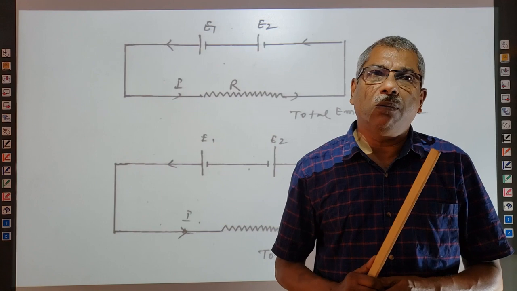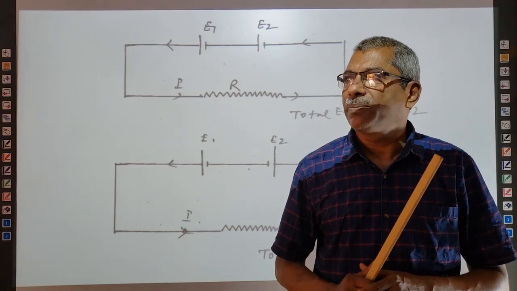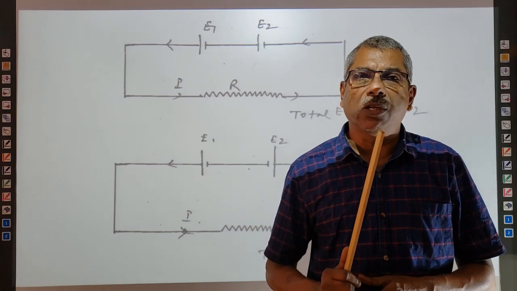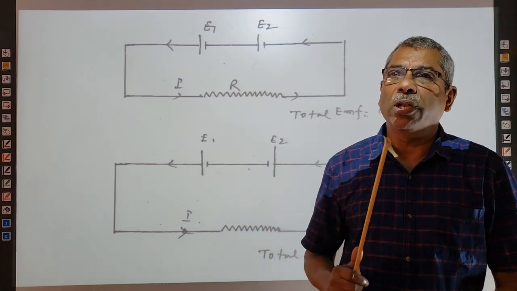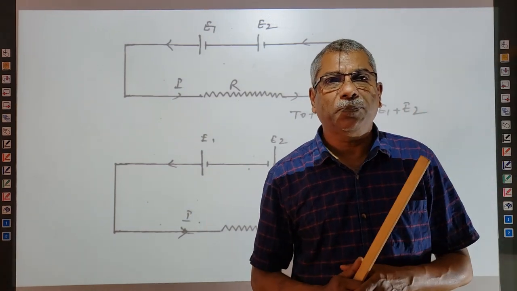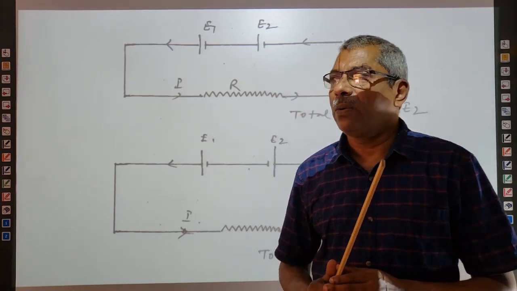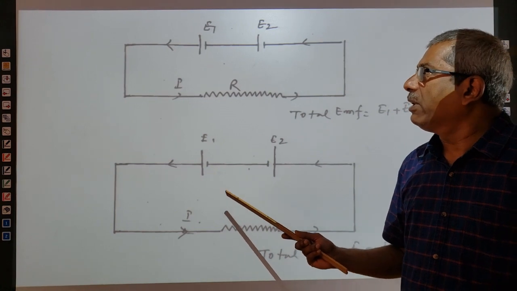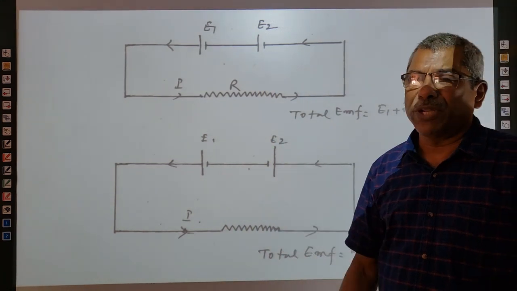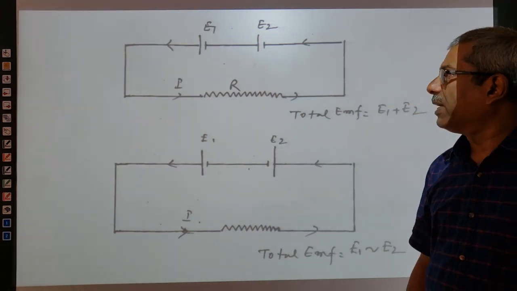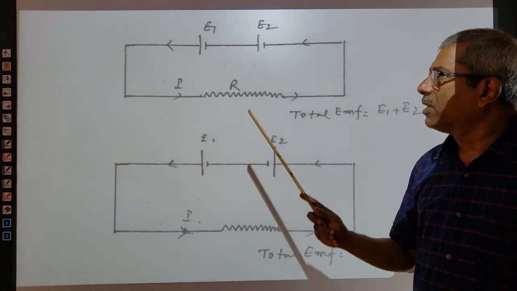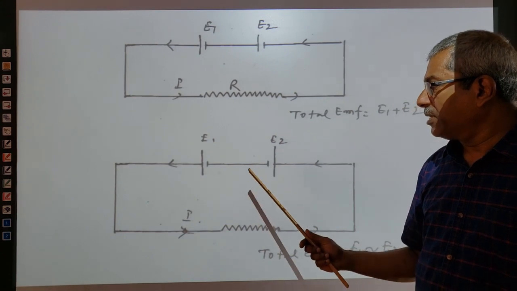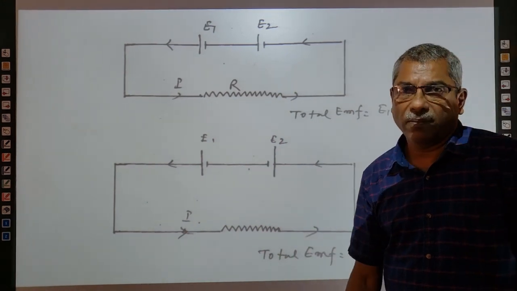In mixed combination, we have seen there are both series as well as parallel cells. In that we have discussed, the last step was the current is maximum when external resistance is equal to total internal resistance. But there is an addition to that. When I said about a series combination of cells, one thing I forgot to discuss that time. That is series combination supporting and series opposing.